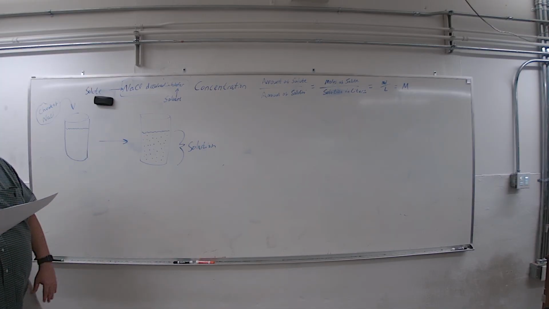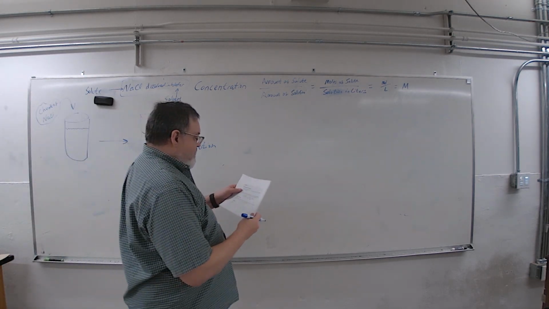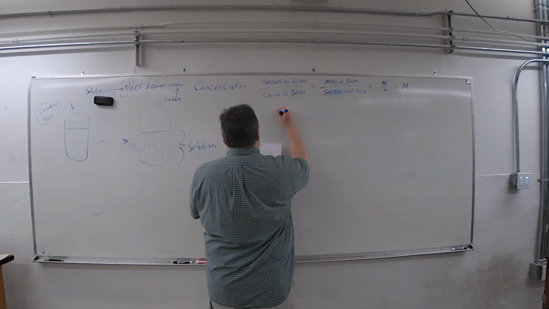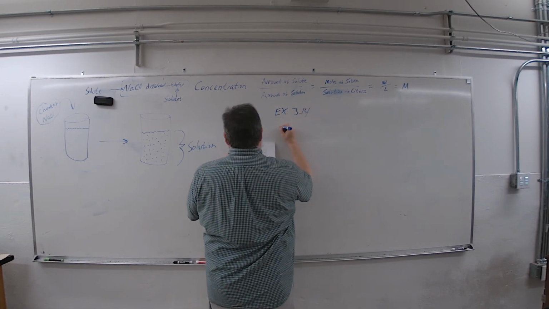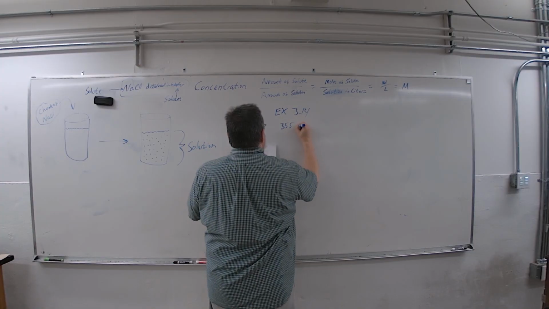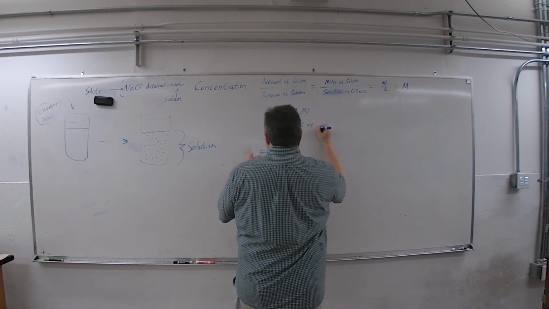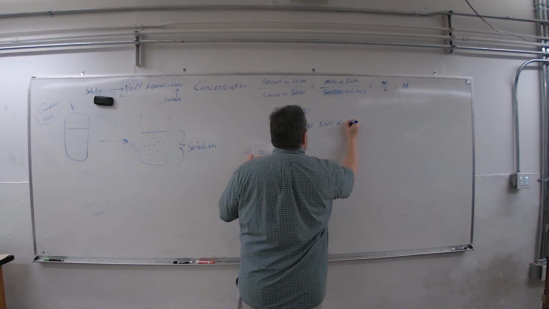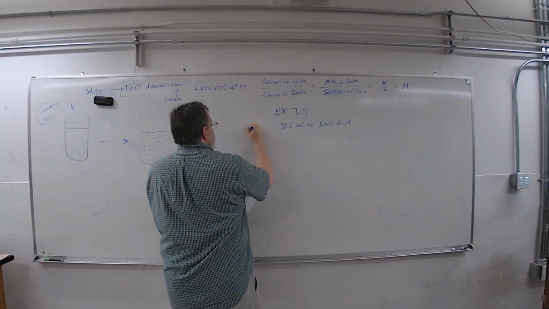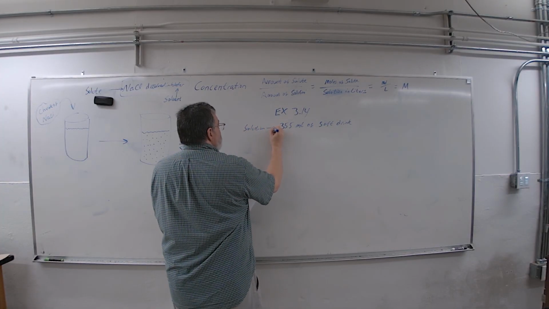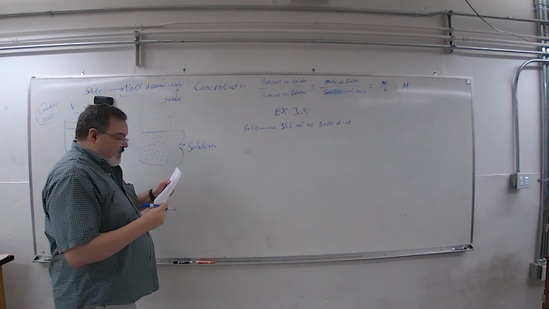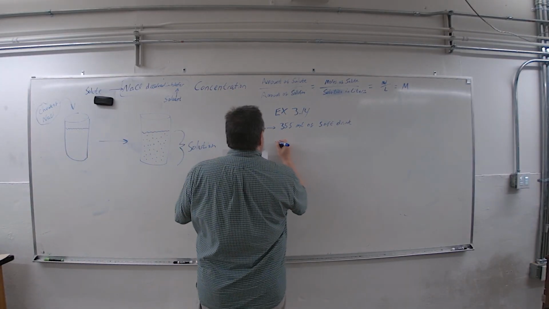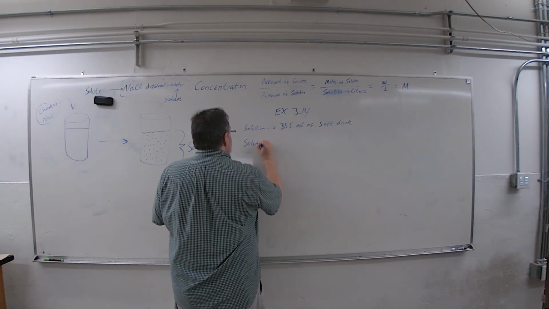So based on that little bit of information, you can have this is example 3.14. So this is the solution. Obviously, soft drink isn't a pure anything. It's got lots of stuff mixed in there, including sugar, which is where this is going. It tells you that